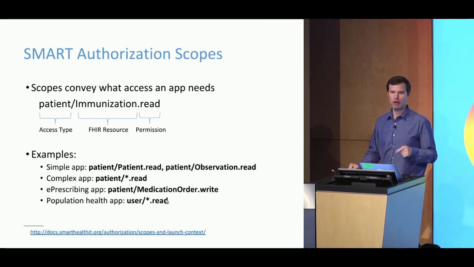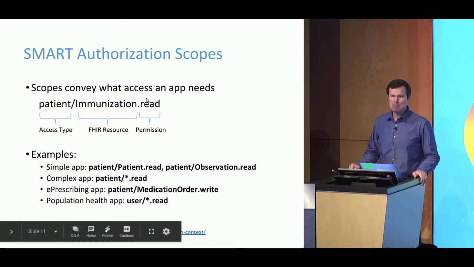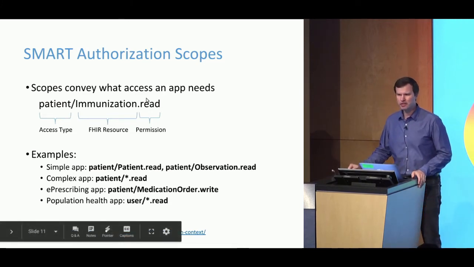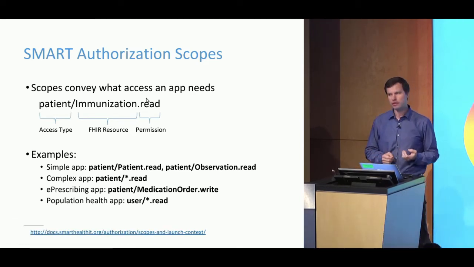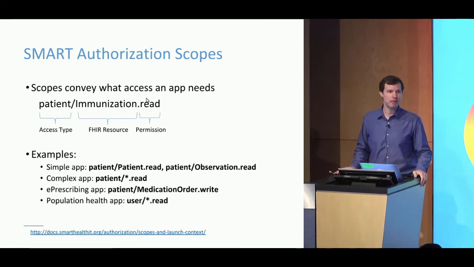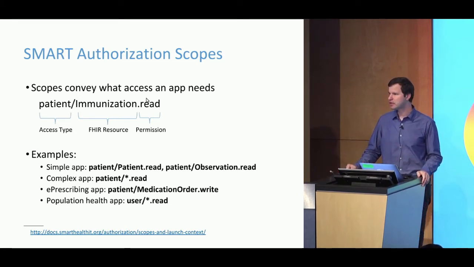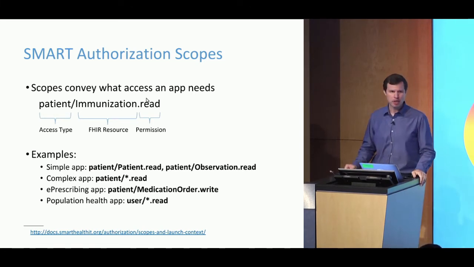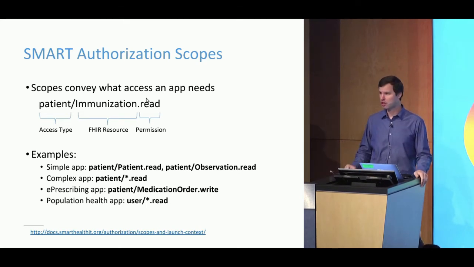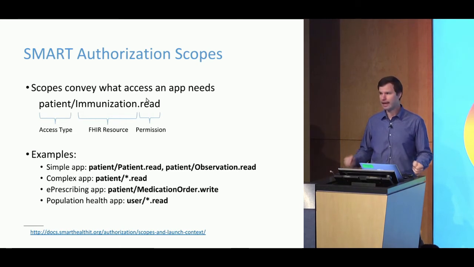I want to call out a couple of points here. So one is that this kind of resource permission is modestly expressive, but it's also pretty coarse-grained. I gave the example of observations earlier, and if folks are paying close attention, you might think about the fact that FHIR observations can be used really broadly. In FHIR, the observation resource is what's used for vital signs, but it's also what's used for social history, like maybe smoking status, but it's also what's used for lab results, which could be anything from a basic set of blood chemistry to really sensitive lab results